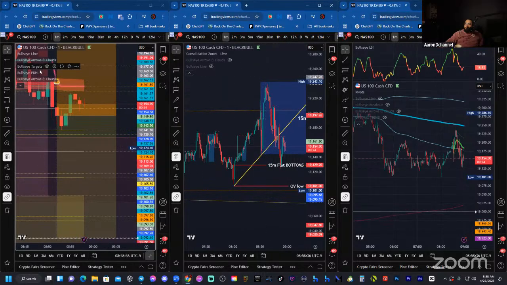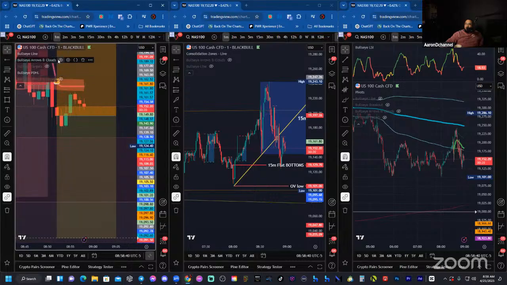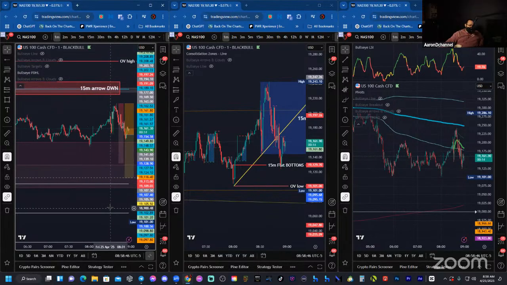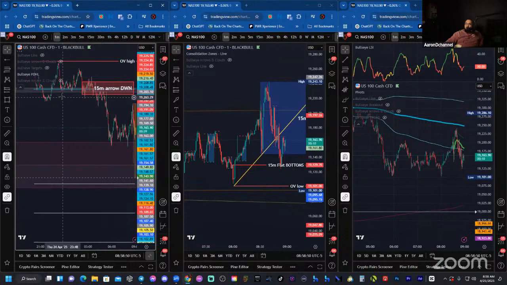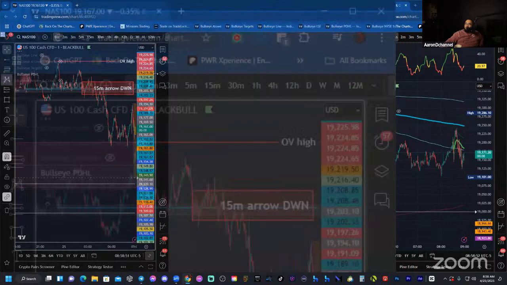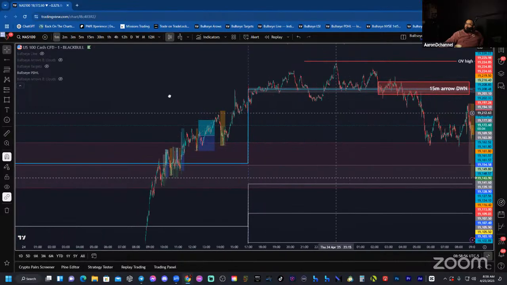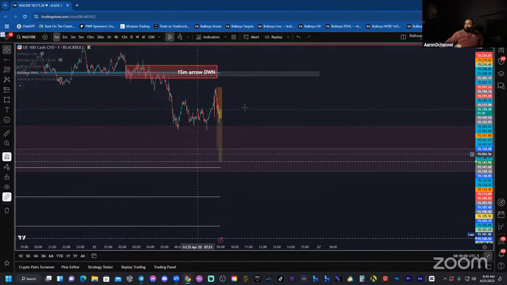Well, you know what else I'm not looking at? Let's see what else. What else am I not looking at? I hope everybody put that red arrow up there. Previous day high already was taken out, right? So it already kind of followed the rule. Take out the high to go low. Just depends on how low you want to go.